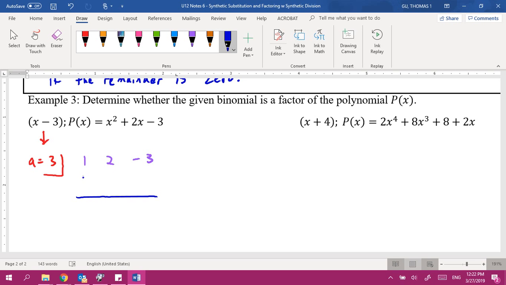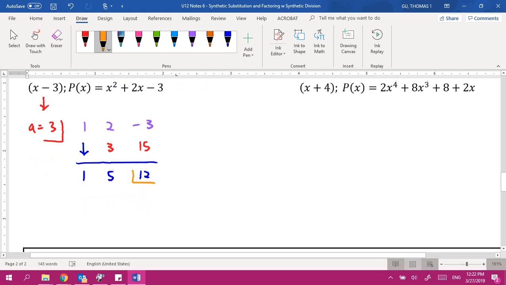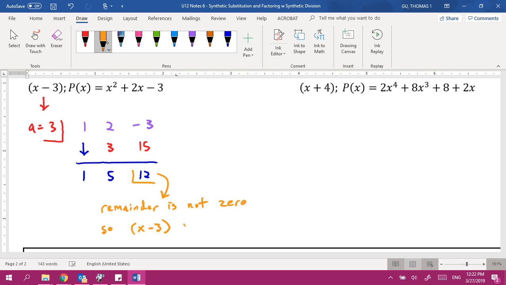Step 1, bring the 1 down. Then we multiply by 3, which gives me 3. Then we add 2 plus 3, which is 5. Multiply 5 by 3 again. 15 plus negative 3. 12. What's the remainder here? 12. The remainder is not 0, so what? Right, remainder is not 0, so not a factor. So x minus 3 is not a factor